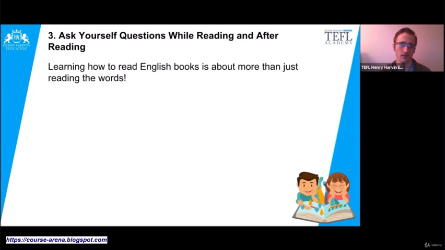So it's about understanding and developing questions in your mind. Like if you're reading about, let's just say Mars, for example, that was mentioned in the last example for science fiction. Let's say you're reading about Mars and maybe the question comes up, how long would it take for us to travel to Mars? And then maybe write that on a Post-it note, put it in there.